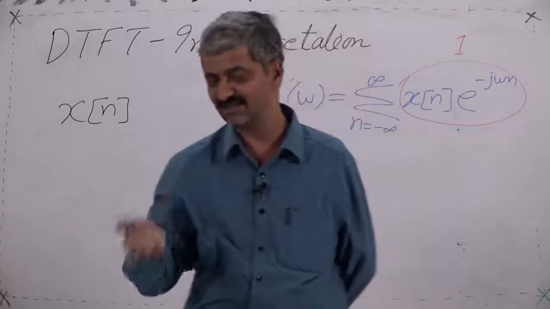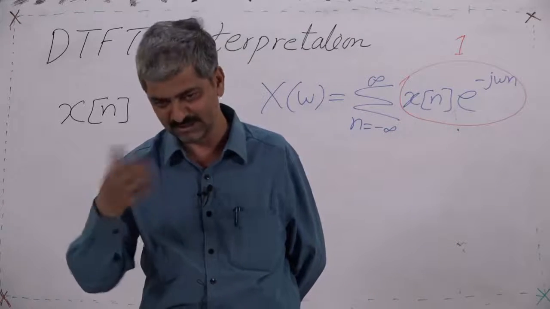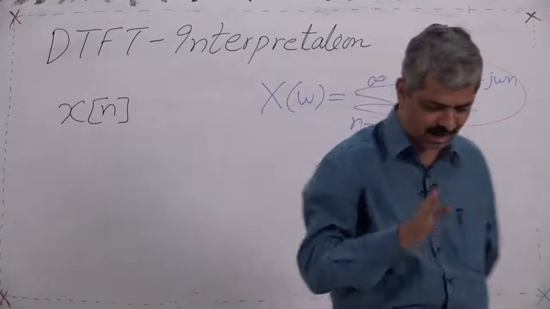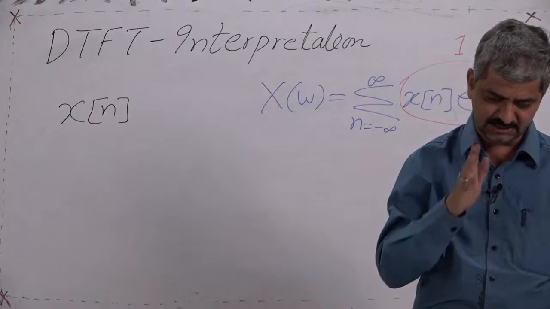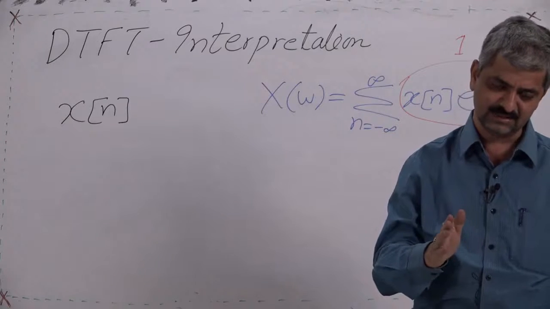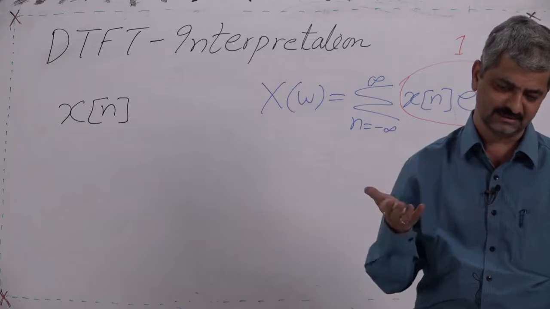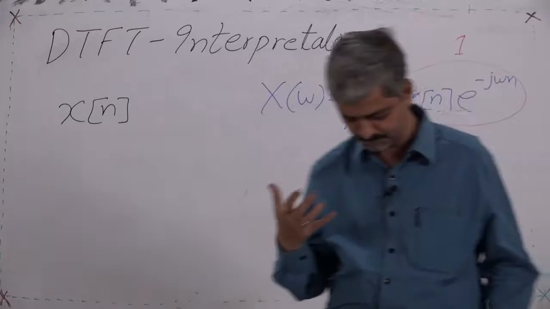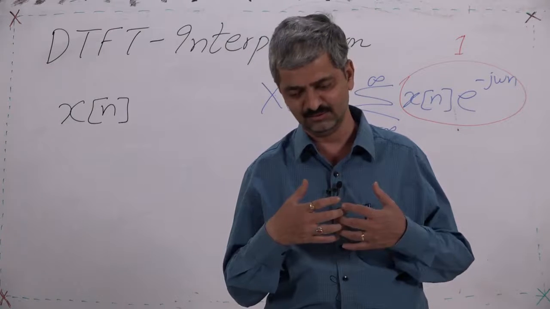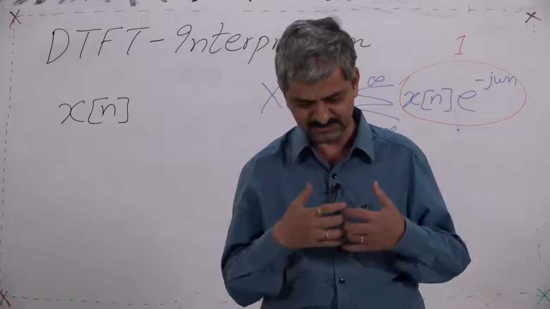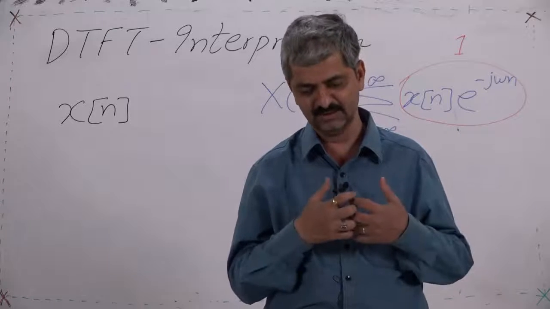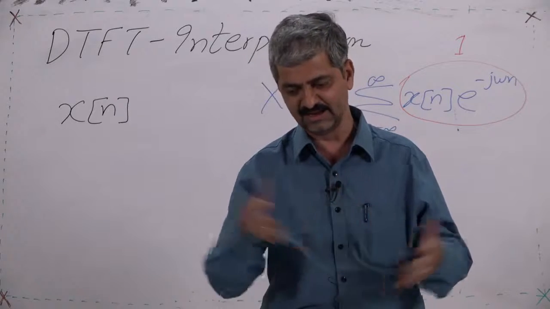So whether xn is real, or complex, or imaginary, is immaterial. What the discrete time Fourier transform tries to do is to view the signal in a certain way. Suppose you might have studied in humanities: if you are a good person, a very big shot, a worldly known figure, and you come to some big place,